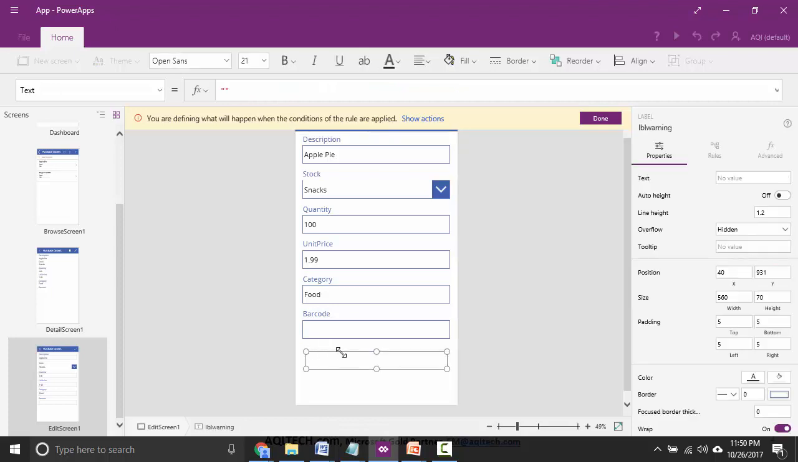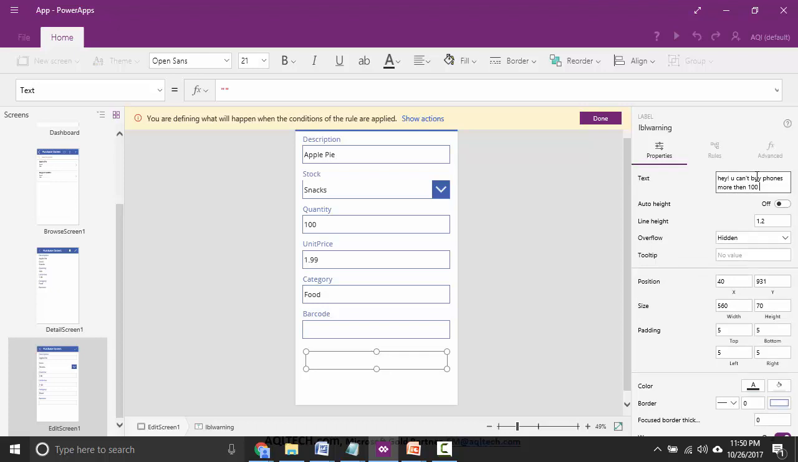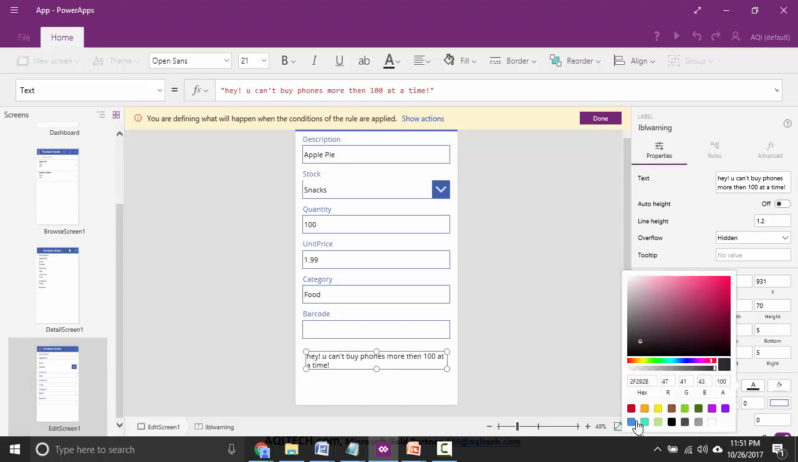So I'm trying to find my text box over here, and I'm going to say that when this condition matches, which I've specified in the rule, then I want the text, hey, you can't buy phones more than 100 at a time. And just to have a serious effect to the warning, let's go ahead and make it red. Okay, so that looks pretty good. And also